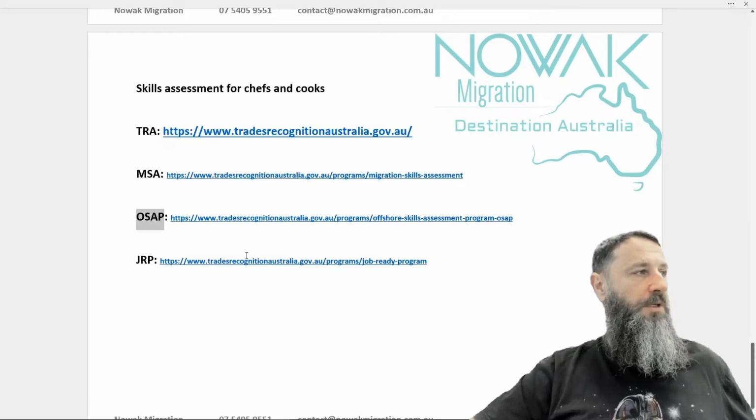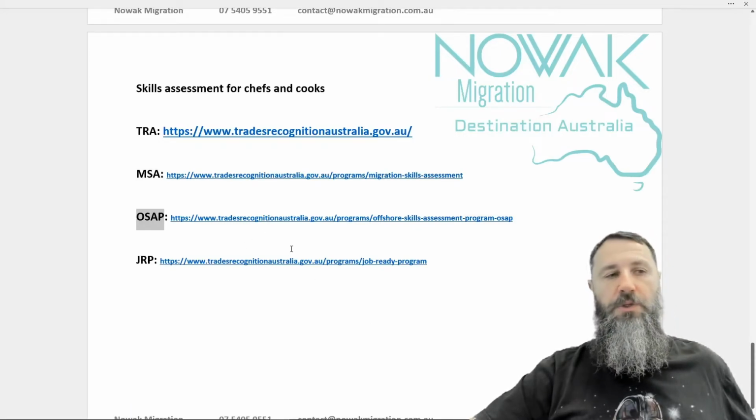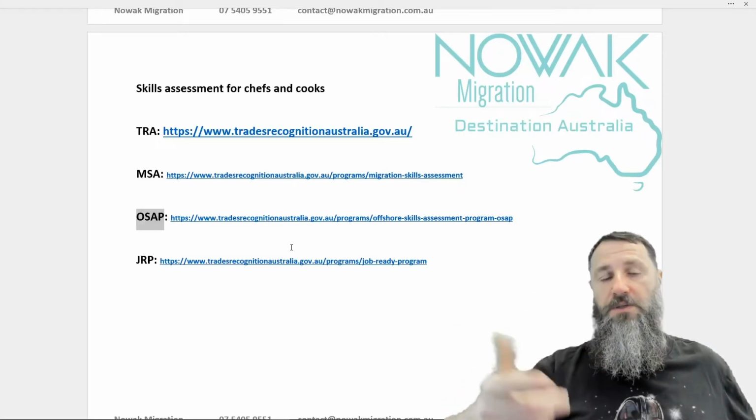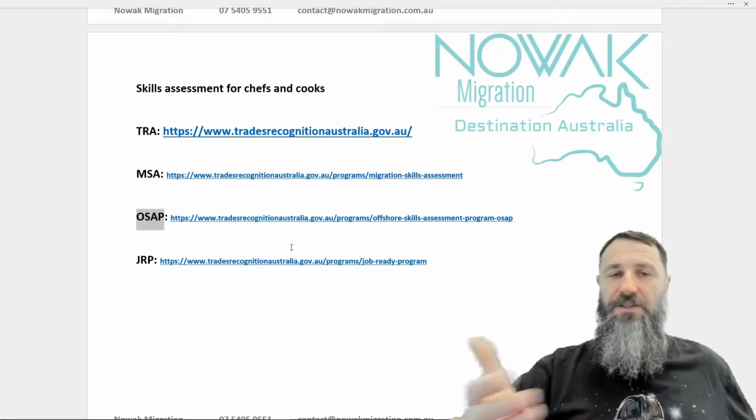OSAP, what's interesting over here, there are two pathways. If you would have the qualifications and if you wouldn't have the qualifications. In general, for the OSAP, 5 years of the work experience is enough. You don't even need to have the qualifications. They will consider the first 2 years of the work experience as the informal preparation to be a skilled qualified chef, and then another 3 years of the work experience, which is required, similar to the